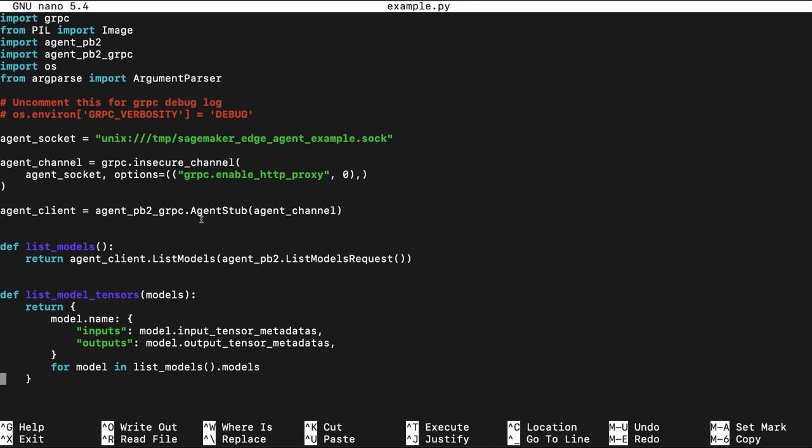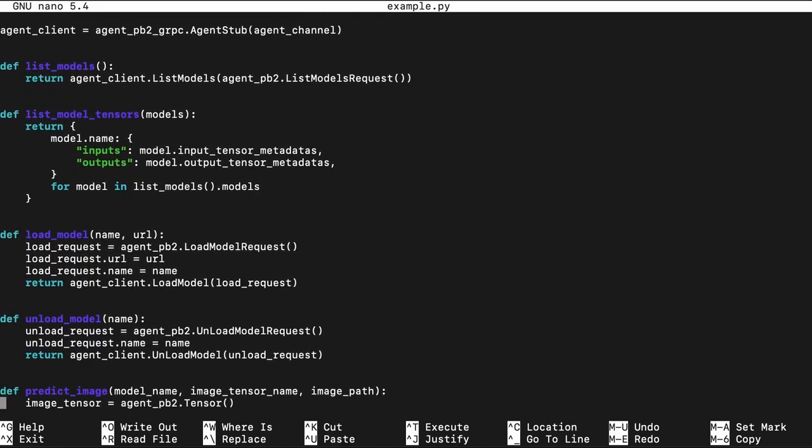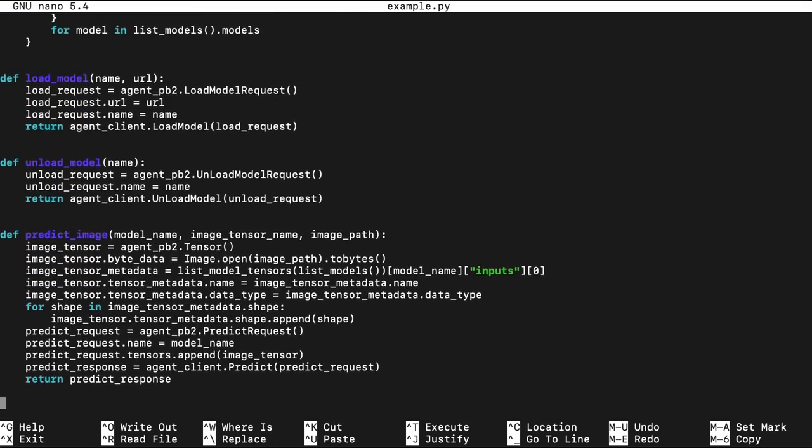You probably noticed that the example Python script didn't output any meaningful information about the prediction that it ran against the model. There's a good reason for that. The example script is mainly there to show you how to communicate with the Edge agent, but not necessarily to create meaningful output from an arbitrary computer vision model.